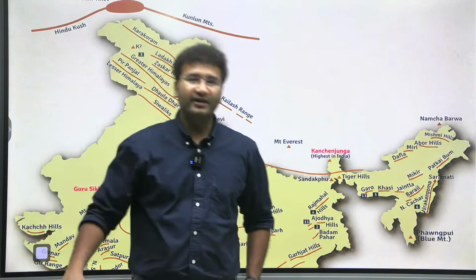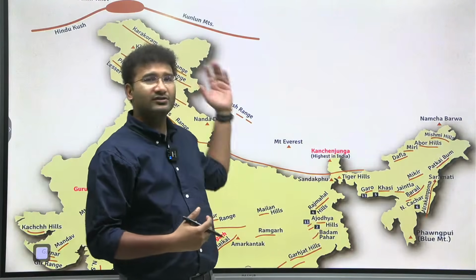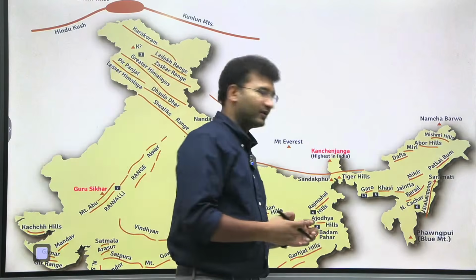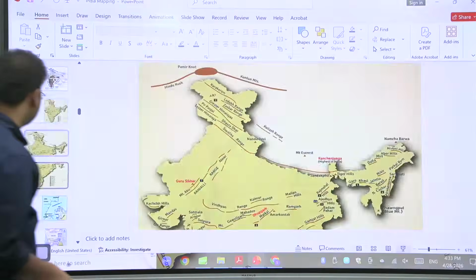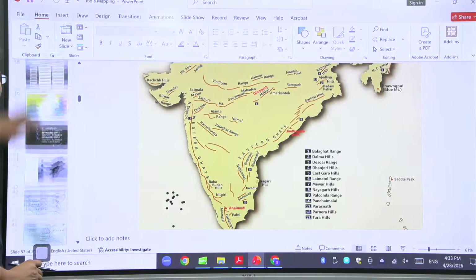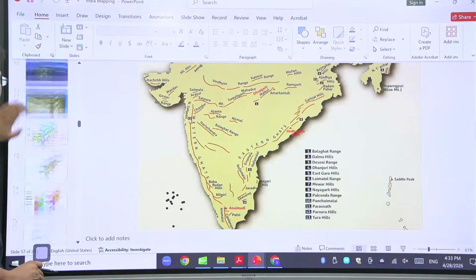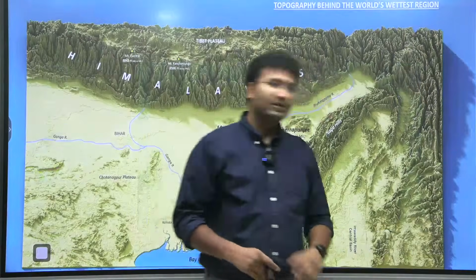These peaks are very important, for the revenue, for the ecology, and for learning also. All these are important. Now come to the northeast area. We have to learn about the mountains which are there in the northeast. These mountains have different names. Let me show you first the topography. Look at this topography.